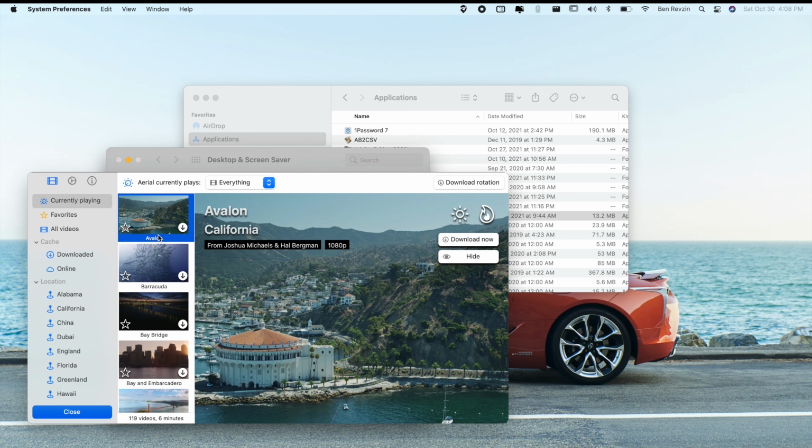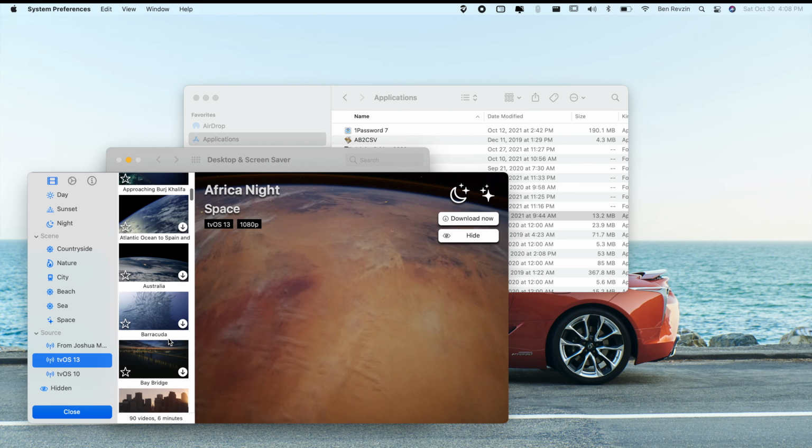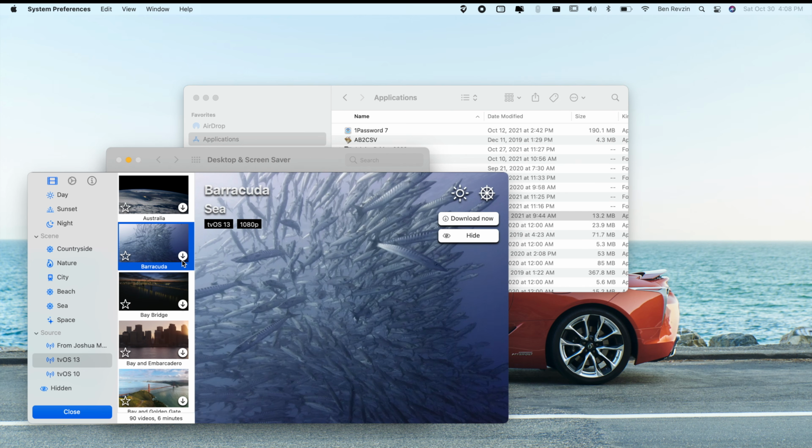here. For instance, if I want this Avalon wallpaper, I can click to download that, or I can go into various sources such as tvOS 13 wallpapers, and I can download Barracuda. So I'm going to hit the download button here, and once it downloads, I'll be able to set this as